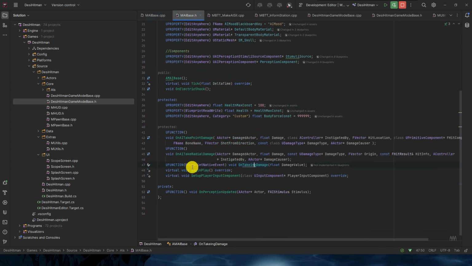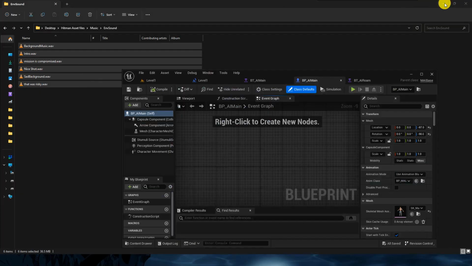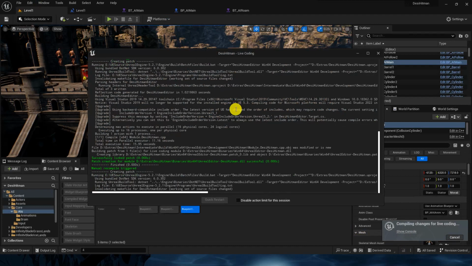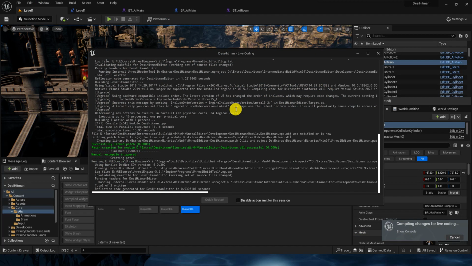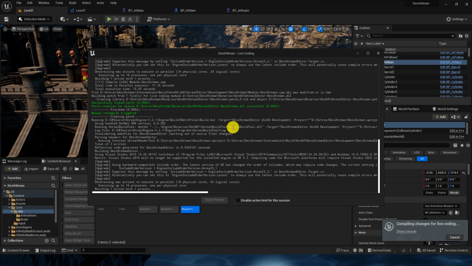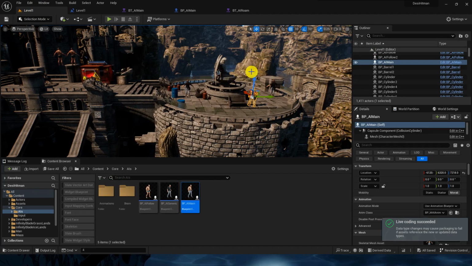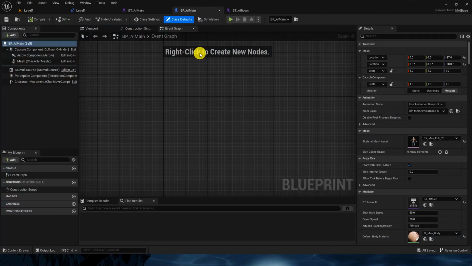The only difference is, as soon as I am marking this blueprint native event, I can have the definition of the same function in the CPP, and at the same time I can have the definition in blueprint, vice versa. So go back to Unreal again. If I will compile it, Control B. Control B is not working for me, so maybe I have to change some bindings. Okay, this is done. So let's go to the AI main.